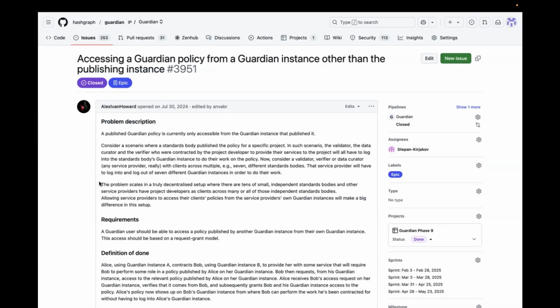Now consider a validator, verifier, or data curator with clients across multiple, for example 7, different standards bodies. That service provider will have to log into and log out of 7 different Guardian instances in order to do their work. This problem scales in a truly decentralized setup where there are tens of small independent standards bodies and other service providers have project developers as clients across many or all of those independent standards bodies. Allowing service providers to access their clients' policies from the service provider's own Guardian instance will make a big difference